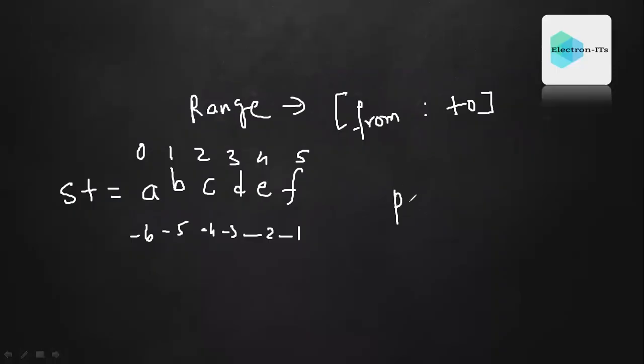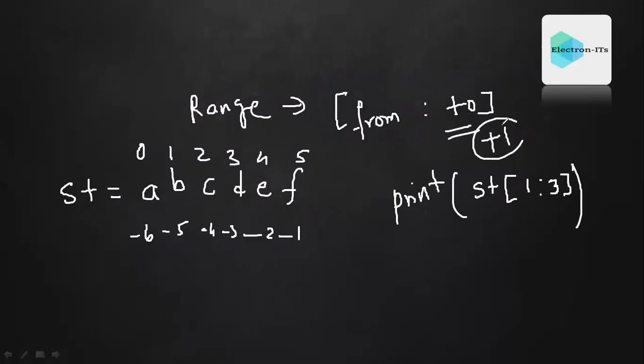So you have to write print ST. The name of the variable here is ST. Now B is what? 1. The value of B is 1, and we have to print till C only. But you have to always consider +1. When you are using 2, this should be +1. Always remember this. So this will consider only 2 letters. Letter 1, the value corresponding to 1 and the value corresponding to 2.